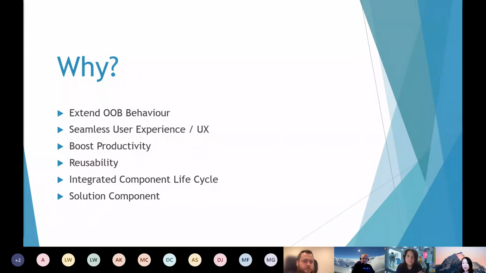Next slide. So why would you want to build one of these things in the first place? Very important question to ask. Obviously, to extend the out-of-the-box behavior. But I do believe that a PCF control should only be considered when you have reached the limits of what the out-of-the-box controls can do. It provides a seamless user experience as the controls are configured in place and sit next to the out-of-the-box controls.